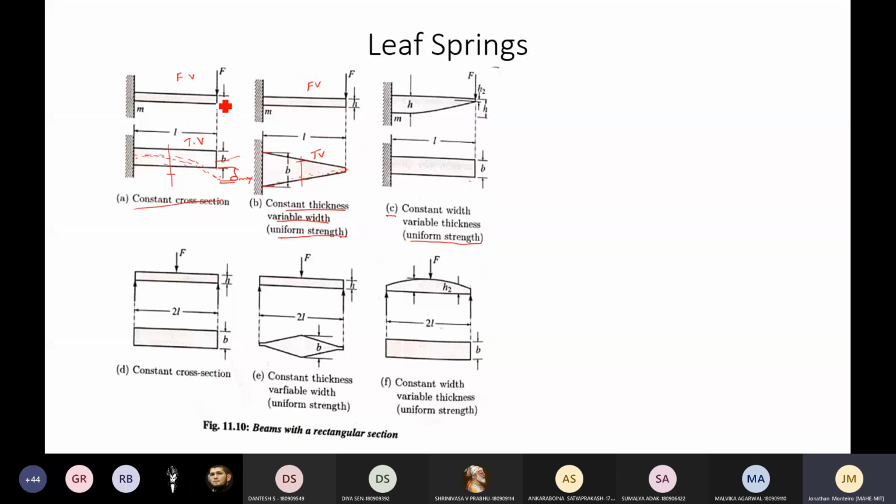See, this particular beam, the constant cross section here, if you look at it in 3D view, how does it appear? Okay, constant cross section. So this is b, this is h. It's continued from elsewhere, so it's the same thing. Whereas here it is totally pointed. So it would look somewhat like this. Okay, if I use sigma max for this, if I write the equation over here, what should be the sigma max?